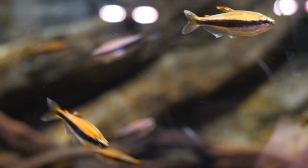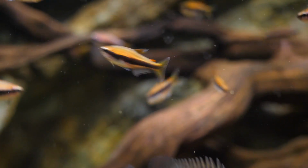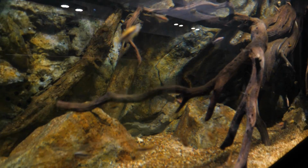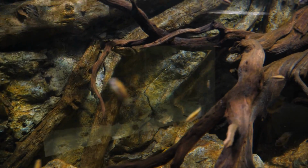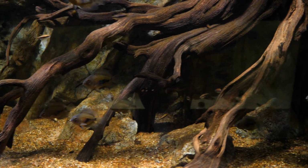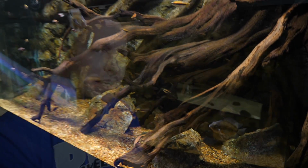When you add a few tiny little comets or goldfish into the aquarium, these guys are producing ammonia, and over the course of 6 weeks, you're going to cycle your tank. The bacteria are going to have a food source. They're going to populate your filtration, your substrate, and so forth in numbers able to support that many fish in the aquarium. All during this time, though, your goldfish or feeder fish have to survive this ammonia cycle, which in my opinion is cruel. And again, it's not something I have done,